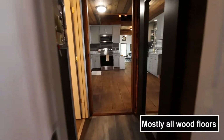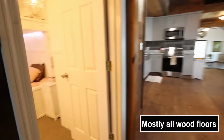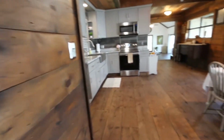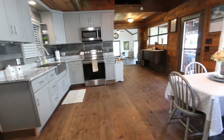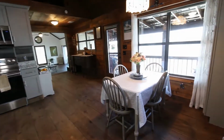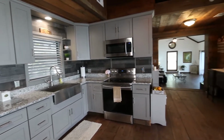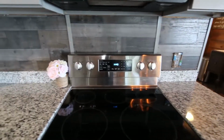And again, the bunk bed room is here to the left. Got a bunk bed, one on the bottom, one on the top. Got these nice wood floors. Very nice. Got the loft area up here, and we're walking back in the original structure. But all this has been redone